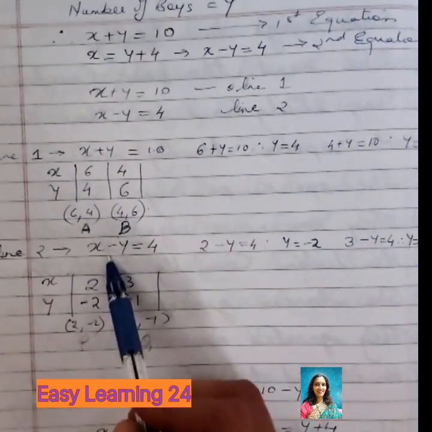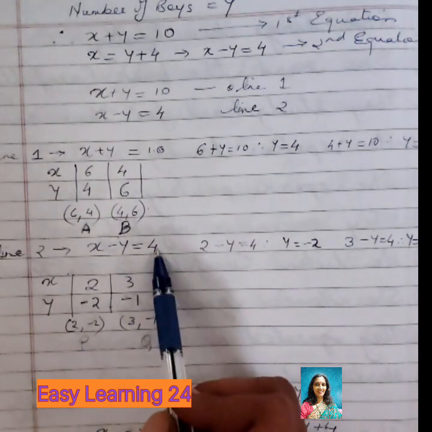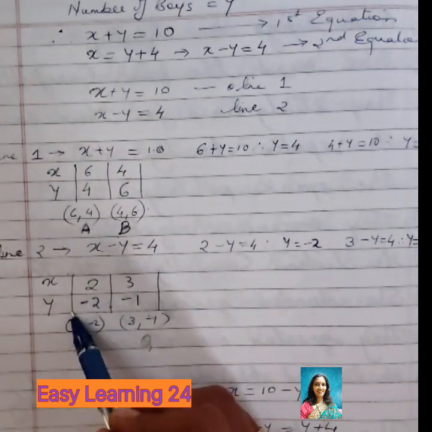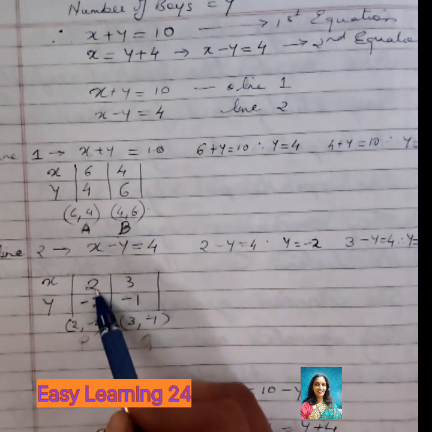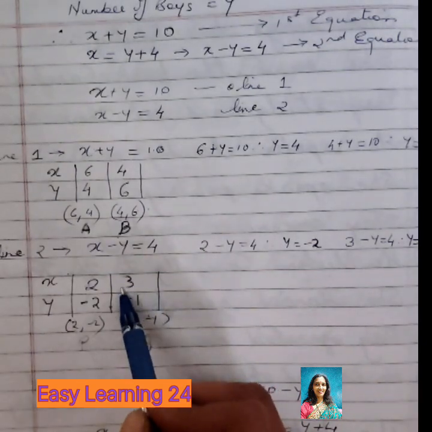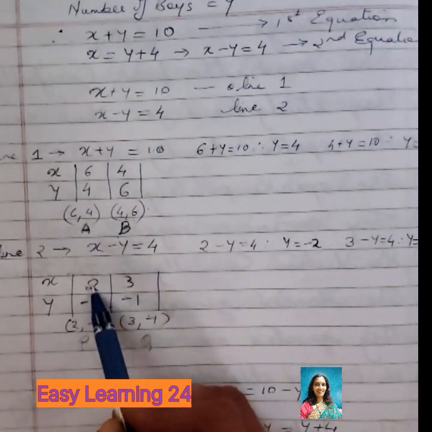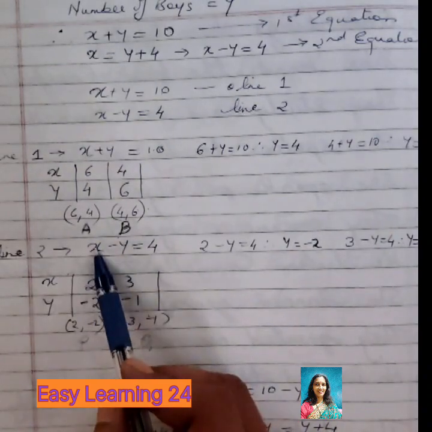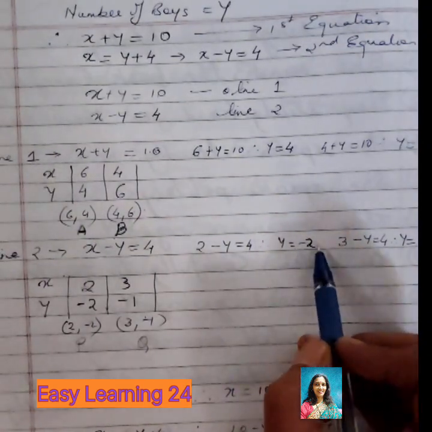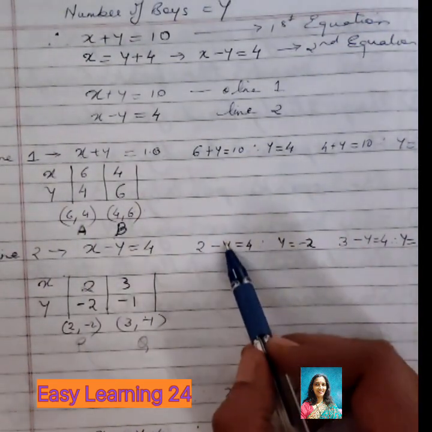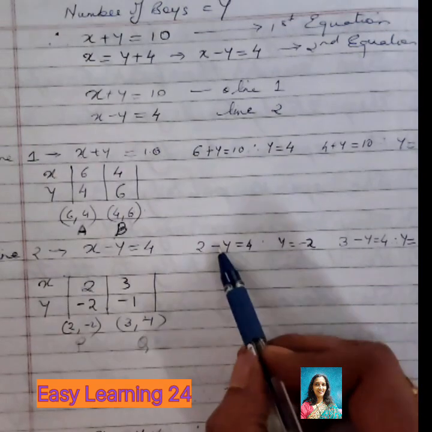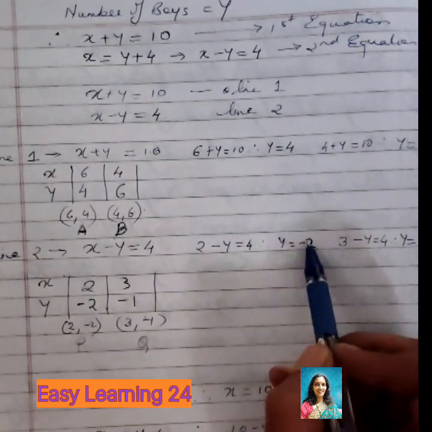Similarly, line 2, okay, this is line 2 and we are going to make 2 points on this line. The first point has, on the x-axis, we'll assume the number 2 on the first point. On the second point, we'll assume the number 3 on the x-axis. So we'll substitute this number 2 over here. So you will get 2 minus y is equal to 4. Therefore, y is equal to minus 2. Okay. When you take 2 here, 4 minus 2 is 2 and this is minus y. So this minus will go here and this will become y is equal to minus 2.